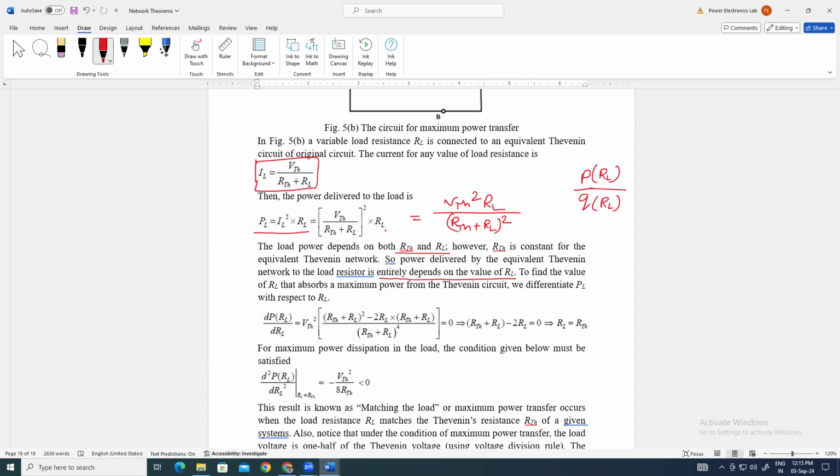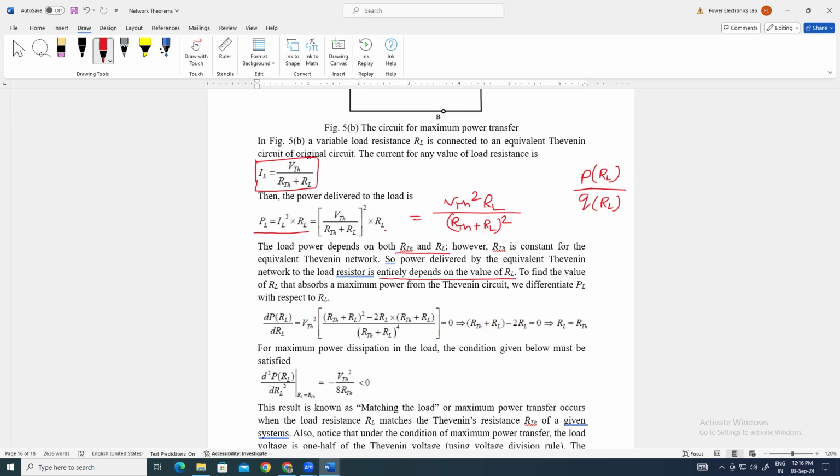So if we differentiate with respect to RL, we get VTH square into the denominator, RTH plus RL whole square, into the differentiation of the numerator. Using partial differentiation, dRL upon dRL will be 1. So we will get RTH plus RL whole square only,